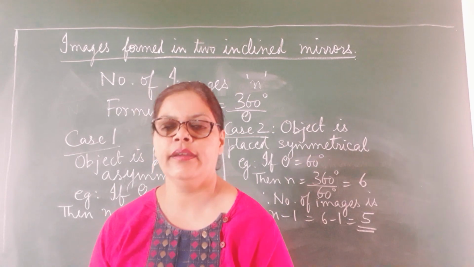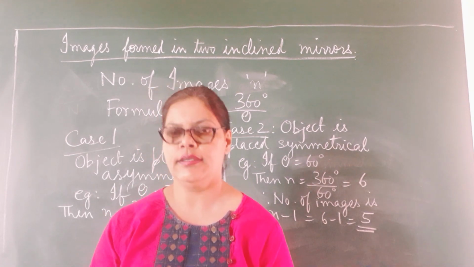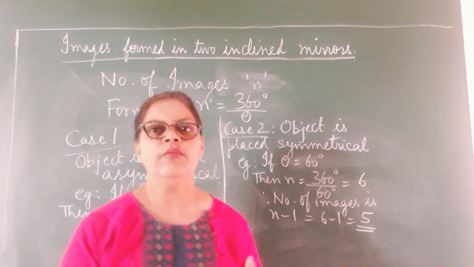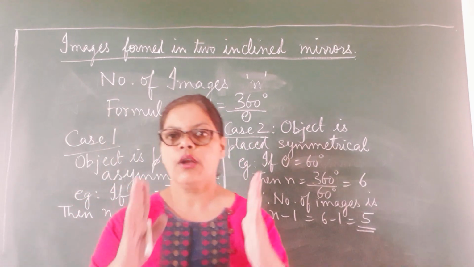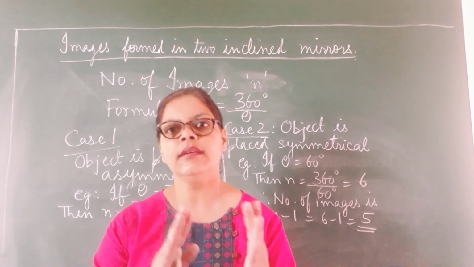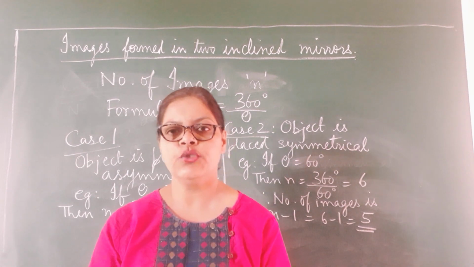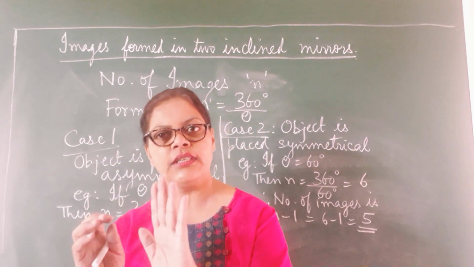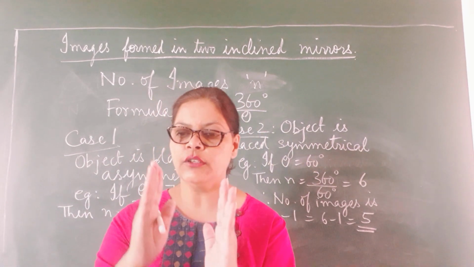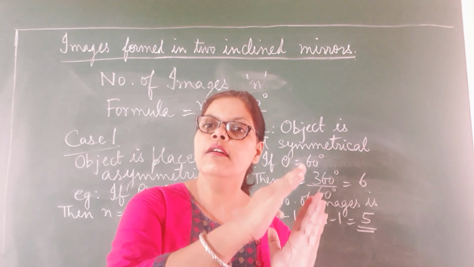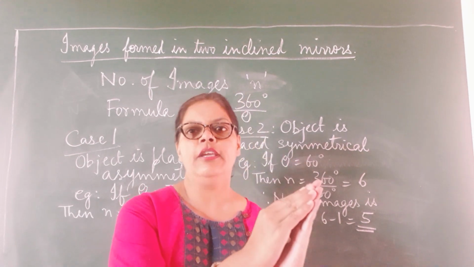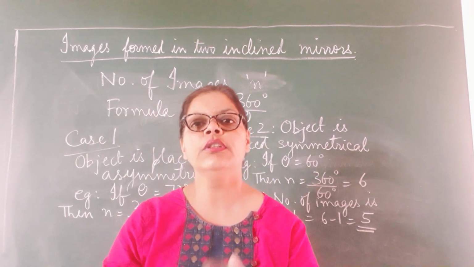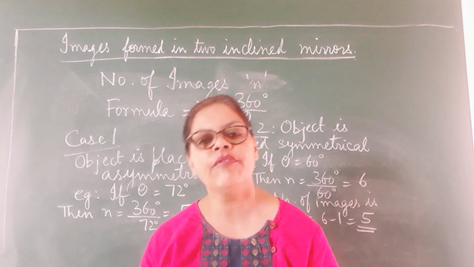So these three ray diagrams we had done last time, and in today's class children we are again going to pick up plane mirrors, but this time we are going to use a combination of mirrors. Combination of two plane mirrors placed at a particular angle. Now what happens when you take two plane mirrors and you place an object in between them is that the object forms an image in the first mirror and that image acts as an object for the second mirror, and so on and so forth.